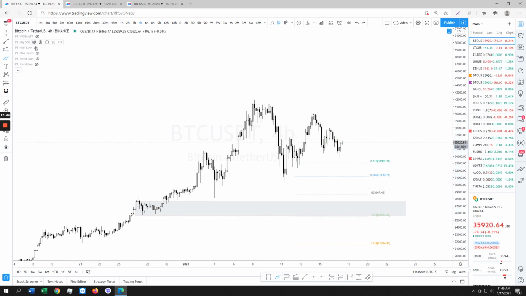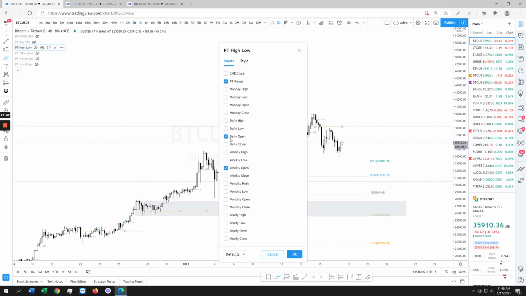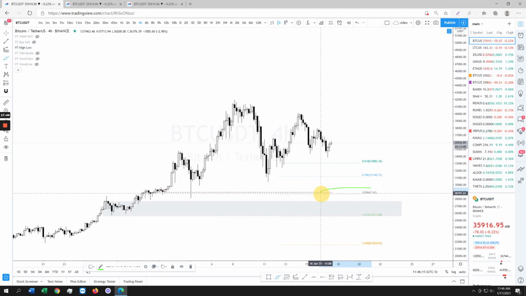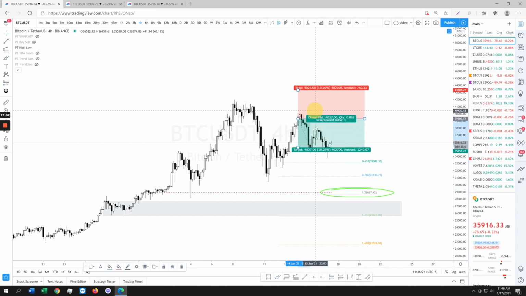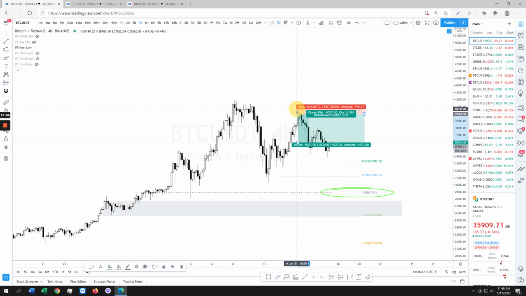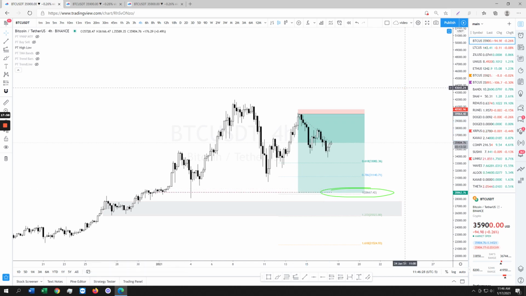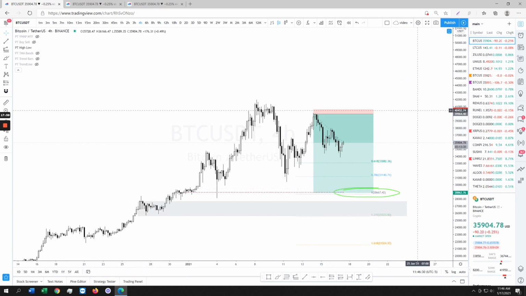Now, if you throw on your weekly open, your yearly open, let's see what that yearly open is, guys. That's very important in my eyes. Yeah, there you go. The confluence would be that. That'll be your first take profit area. So if you are bearish and you're short from up here, that's the way you should play it. Without a doubt. Yearly open, 1-to-1.